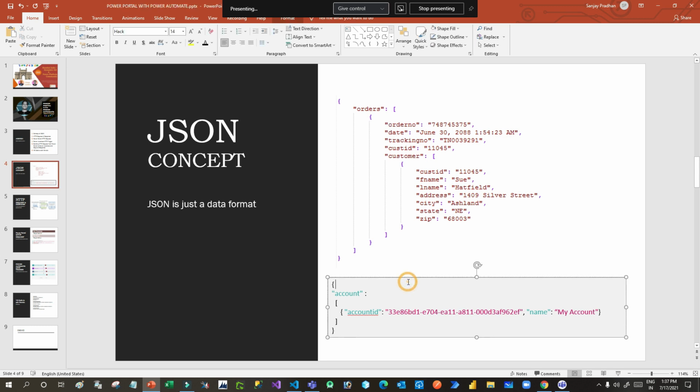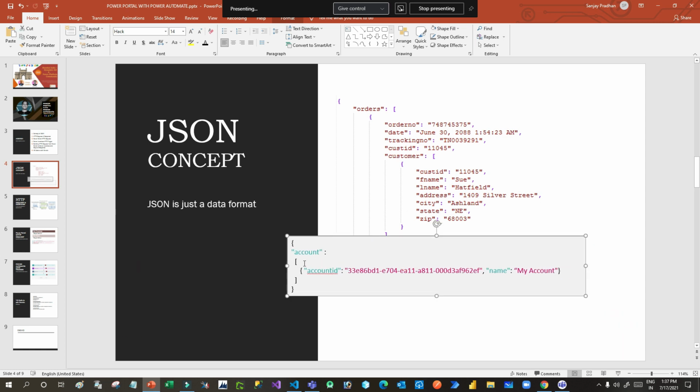For example, specific to account, in this you can see I am creating an account property, and I am passing one account record in this first parameter. I can also add another account. Let me copy this.